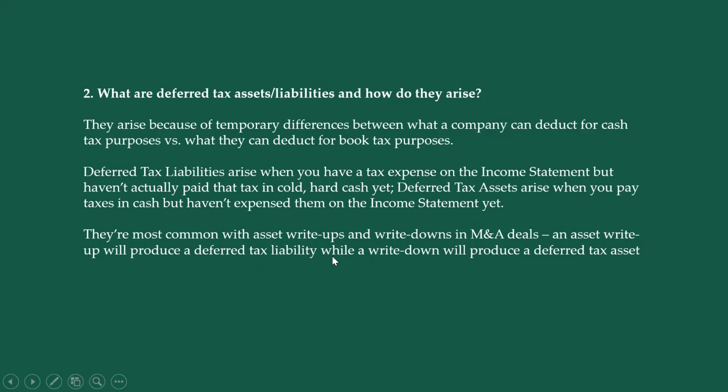tax liability, because earlier I have depreciated it, and when I am depreciating the asset, the value of the asset is declining. But if I'm saying the asset's value is more, it will create a deferred tax liability, because now as per my financials, I will be owing to government, because previously the calculations were wrong, and I actually have to pay more tax.